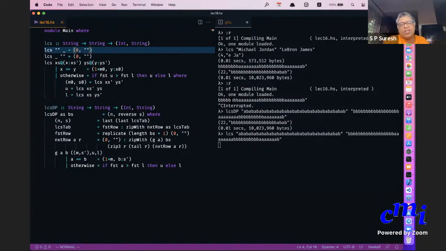I'm sorry, this doesn't end. It is 3:30. I don't want to hold you back any longer. So if it ends, I will send you how long it takes on your Moodle message or whatever. Or you can just go and try this out yourself, the non-DP version. This version I have included, I think, even in the LC like 15.hs that I uploaded last week. So you can just go pick it up and run it on your own and see how long it takes on your computer. This is the sample.